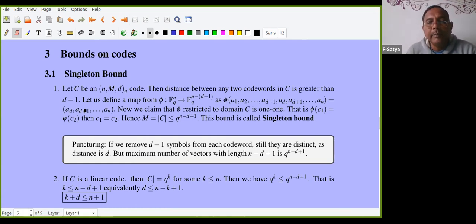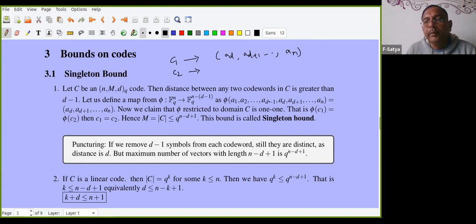Now can you tell me what we can say about this vector? How many vectors will I get? Many vectors. If I take two vectors of this form, the images, what can we say about them? If I take two code words, code word C1 gives one vector, AD and so on up to AN. C2, another code word,